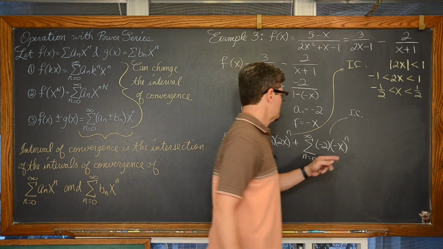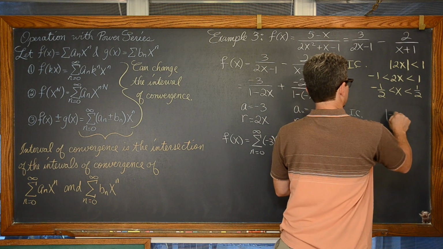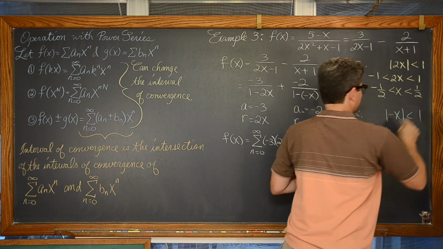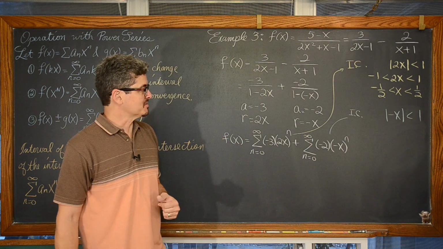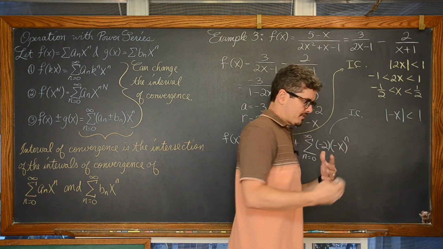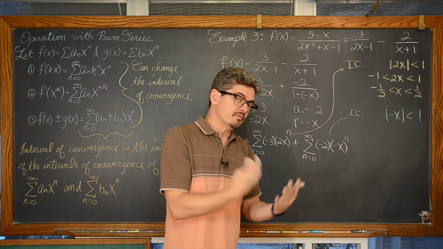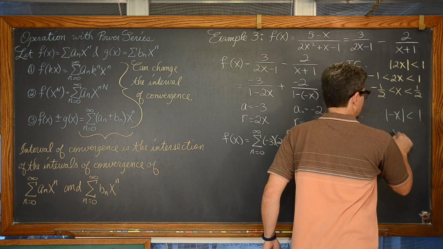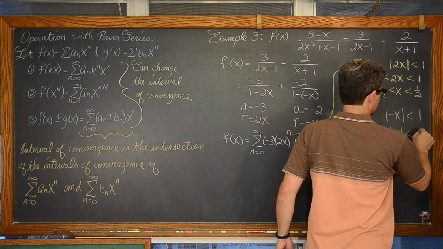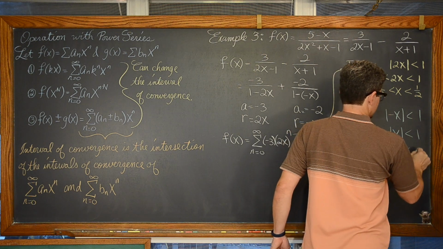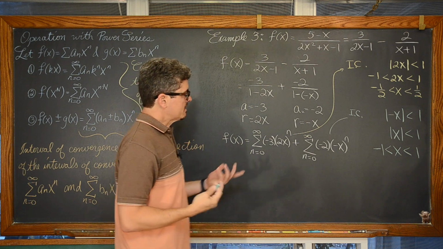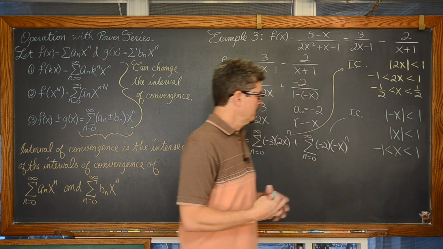And so for our second series, we have the absolute value of negative x. Made a sign error, my first take for here. We have the absolute value of negative x is less than 1. Well, of course, the absolute value of negative x, that ratio doesn't matter if that ratio is positive or negative. We're looking for the absolute value of that to be less than 1. So we're looking at the absolute value of x is less than 1. So we're looking at x is less than 1 and greater than negative 1. I just effectively took the absolute value of negative 1 there.